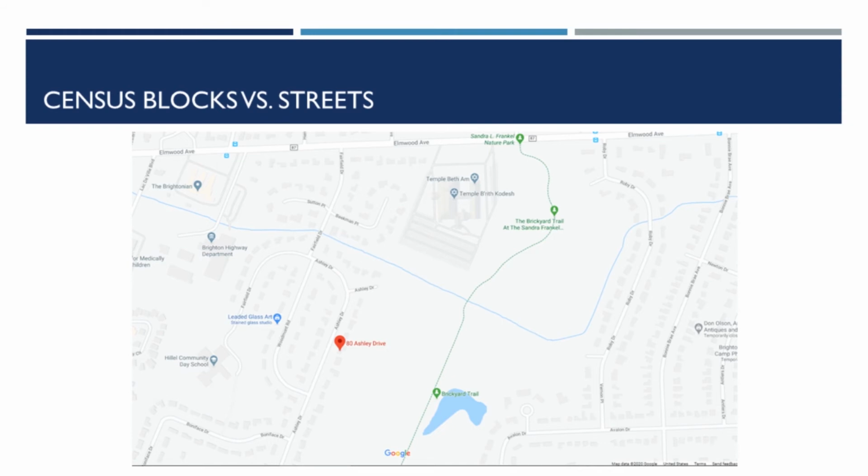Another point I wanted to make, and maybe this is bad news for you, but you're probably going to spend a lot of time explaining the difference between census blocks and streets, because we in the redistricting world redistrict with census geography, but people logically in the real world don't think about their census block, they think about the street they live on. This happens to be the street I grew up on in Rochester, New York,